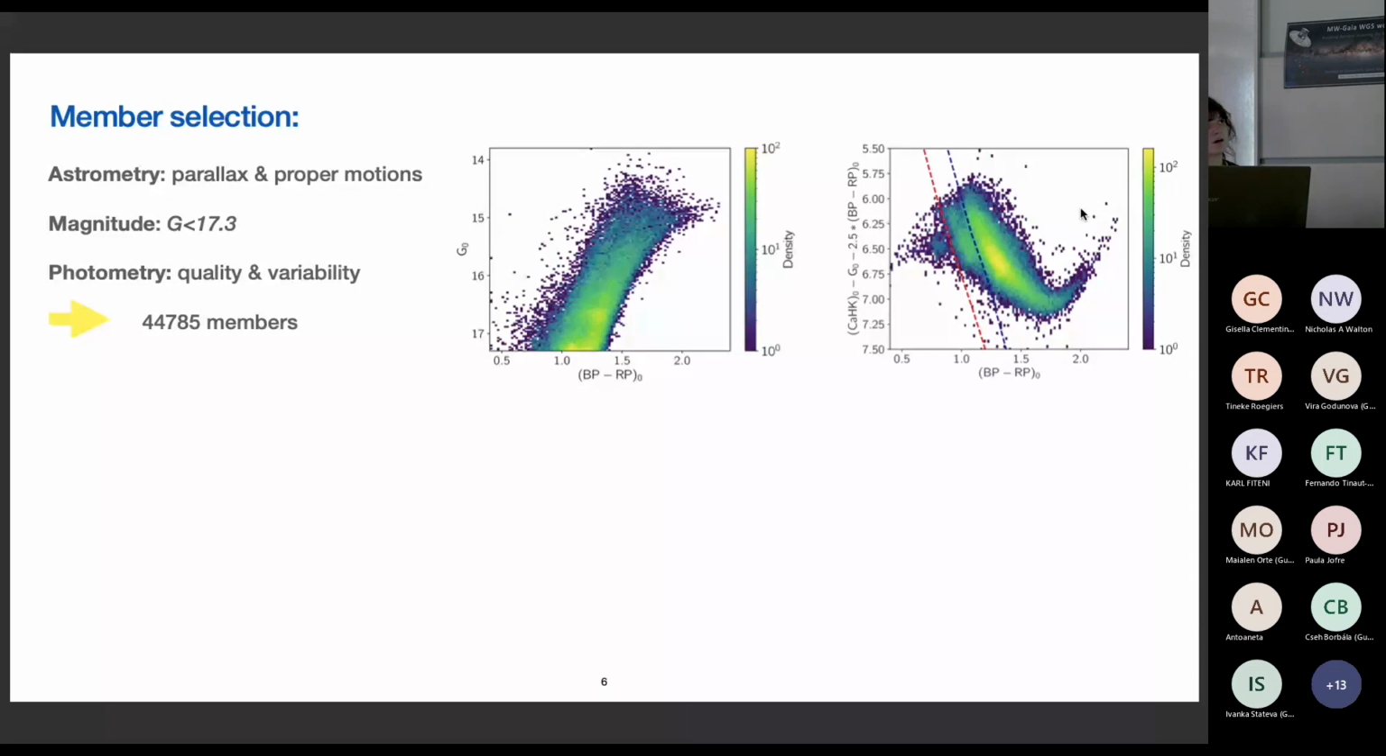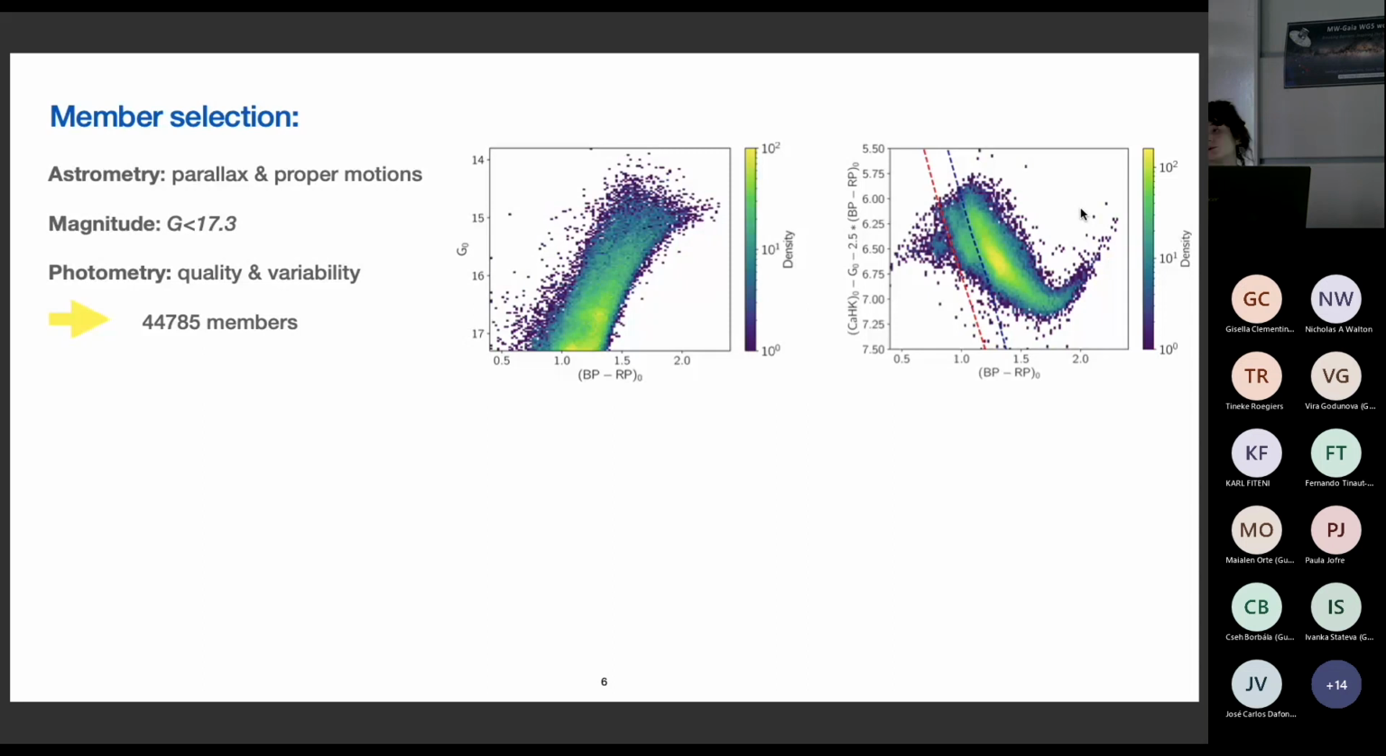We applied further cuts on quality and variability, and we arrived to define basically 45,000 members for the Sagittarius system. You can see them plotted in the color magnitude diagram and the color-color diagram on the right, where again the pristine calcium H&K term appears on the y-axis, and the two dashed lines